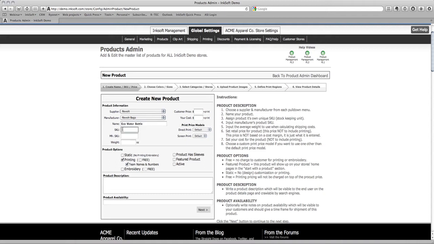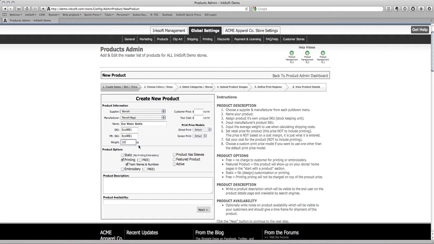Now I'm going to put in a SKU. So I'll put in Echo, whatever it may be that I'm using as a SKU. And I'll go ahead and copy and paste that down. I'm going to put in a weight, and this is important for shipping. So shipping is going to look at how many units and at what weight to determine the shipping weight for